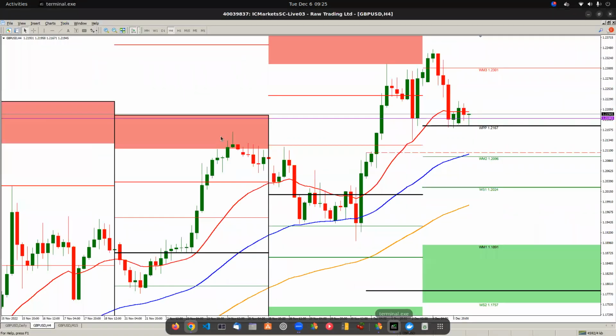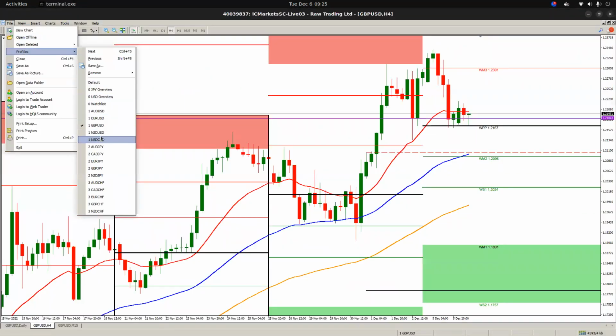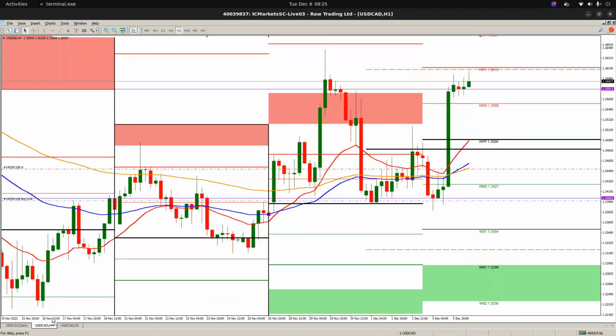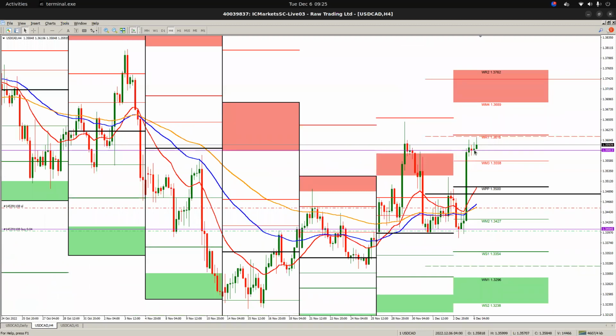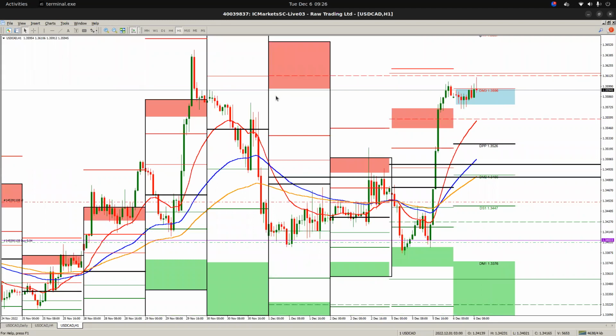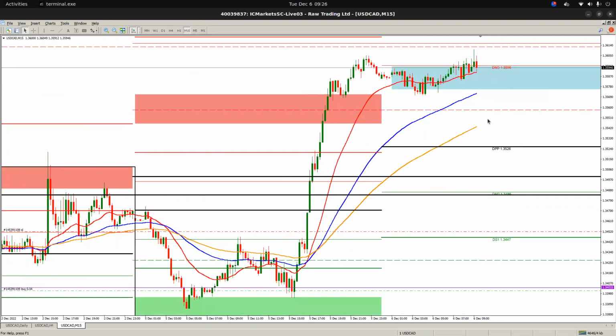So pay attention to what's going on with CAD. And if you are in the trade, again, what you're looking for on USD CAD is, you've got the support over here, okay? All you're looking for is, has price closed at resistance? The fact that price broke resistance and became support makes this bullish. However, if I see a 4-hour candle closing at a bearish role reversal over there, I'm not going to be picky, right? Whatever it might be. If I go into an M15 time frame and I see a lower low, lower high, you can see here, I'm getting out at the lower high. No questions asked.